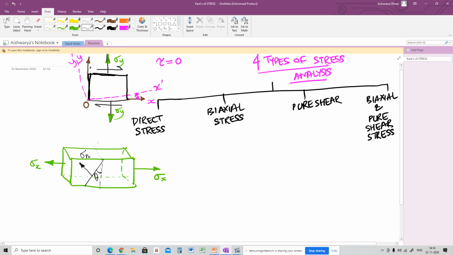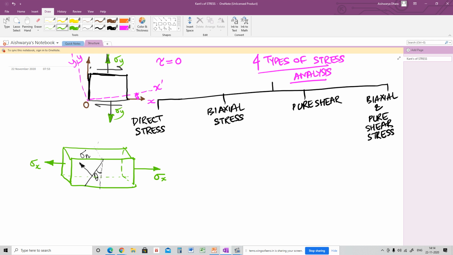Okay, a normal stress is going to act at some particular angle, right? Now in the same case, this scenario is going to happen if it is a direct stress or a unidirectional stress. For an example, what will happen if